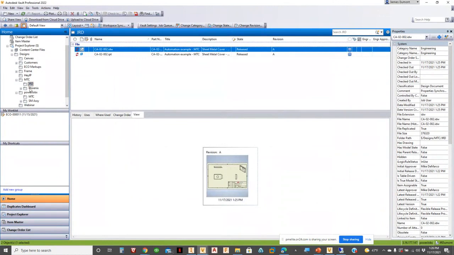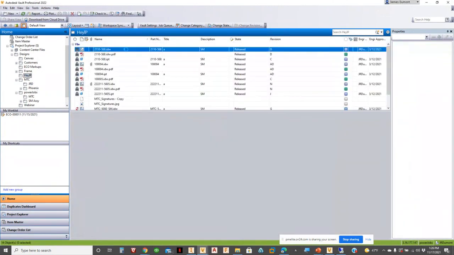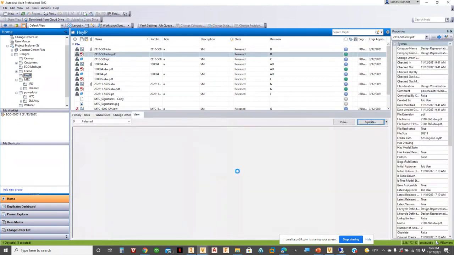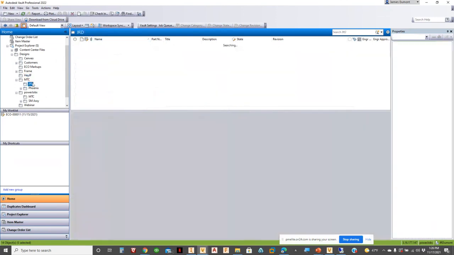All right. It's going to look like this. It's going to create a PDF file like this right in here. So it's going to automatically do that for you. It's going to create the PDF. It's going to create the visualization file. And if I go back to my folder here,